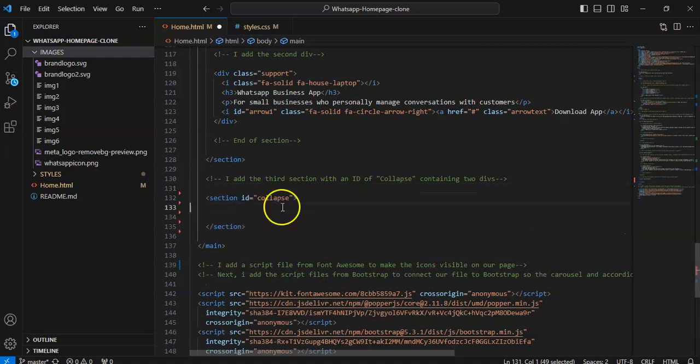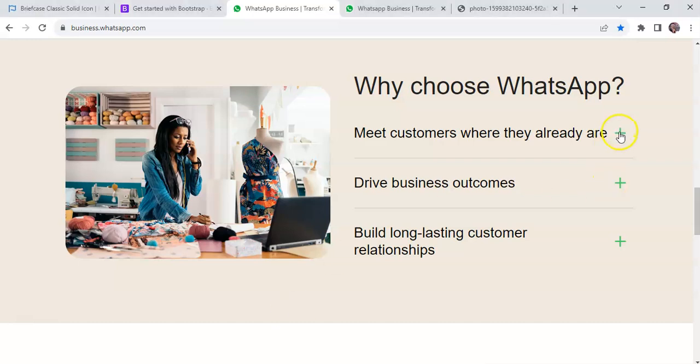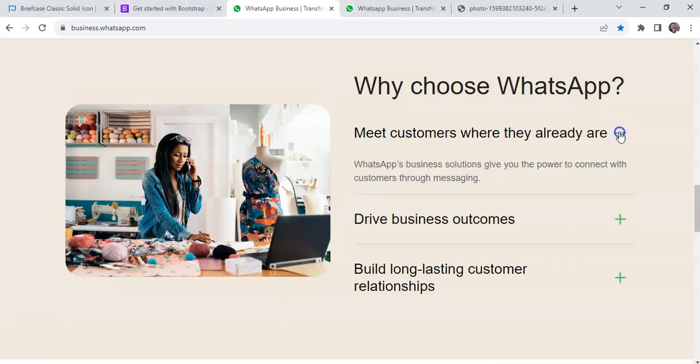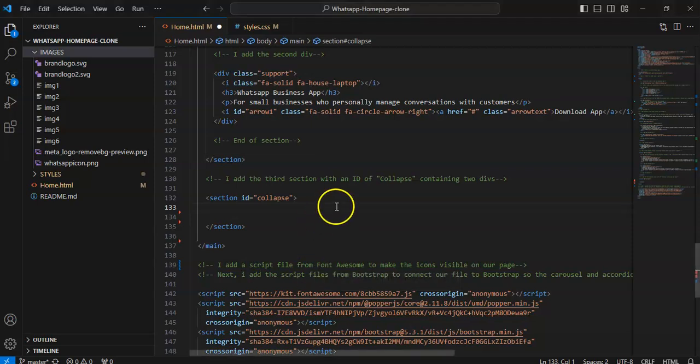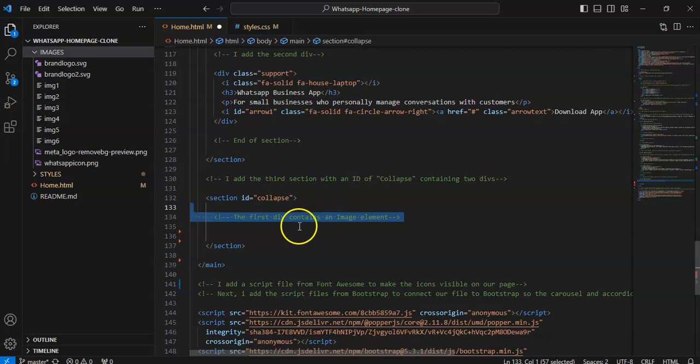This is the section. The section has an ID of collapse. I just got the name based on this. This is a collapse option, so it toggles, it opens, collapses. So you can give it any ID name you like. Actually, it doesn't have to be collapse. Inside the section, I have my